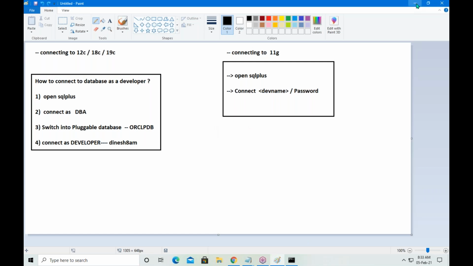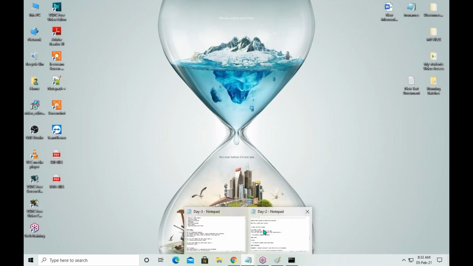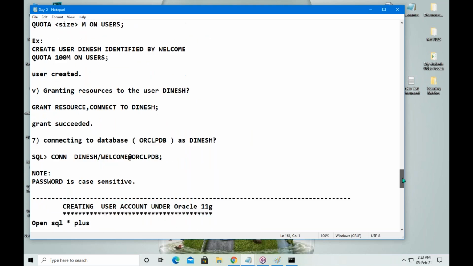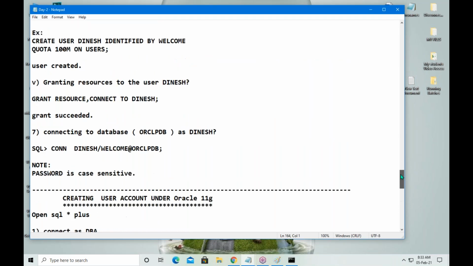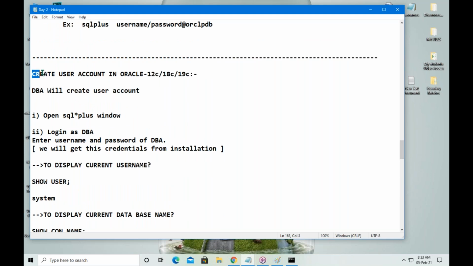So this is about how to create a user account in 12c, in any cloud database, or in Oracle 11g, and also how to delete a user account, drop username. See here, guys, in this document I have given how to create a user account in Oracle 12c or 18c or 19c.